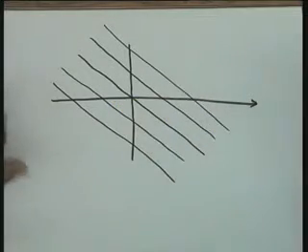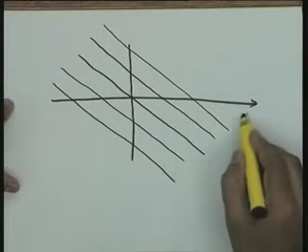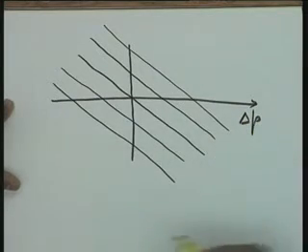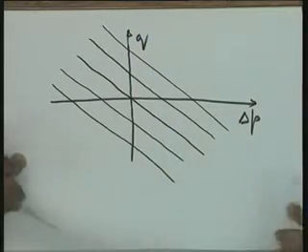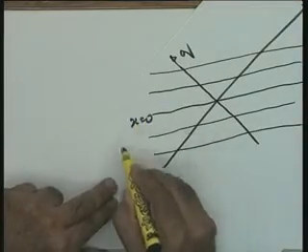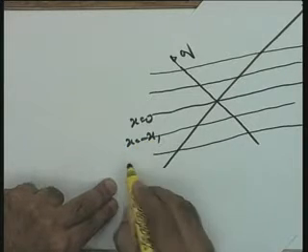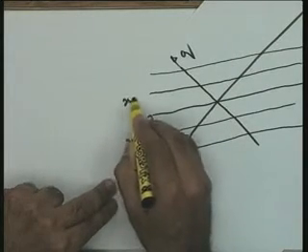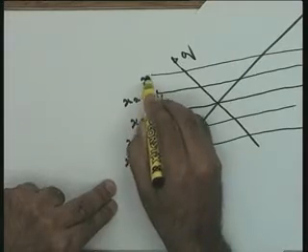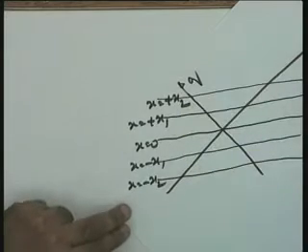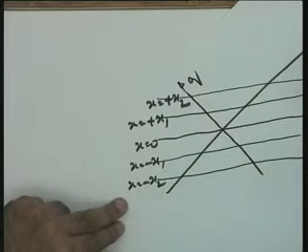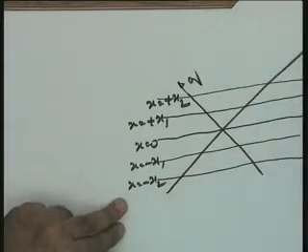Any question, please? So why was there a negative sign in the previous expression? Okay, that hopefully will become clear. I will keep that question in mind while explaining this. Okay? Del P is the pressure here, and Q is this particular fluid flow, and here x is equal to 0, x is equal to minus x1, x is equal to minus x2, x is equal to plus x1, x is equal to plus x2. This is a running parameter because three variables are involved: Q the flow, del P the pressure difference across the port, and x the movement of the spool.